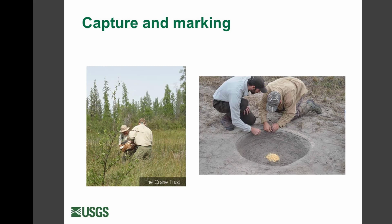Helicopters and actually hand-catching young before they're able to fly, and putting transmitters on them. So it's a method that had been done before, but it's what we used again. On the right side is actually at Aransas National Wildlife Refuge. So we caught the other half of our sample, or the adults that we were going to capture, on the